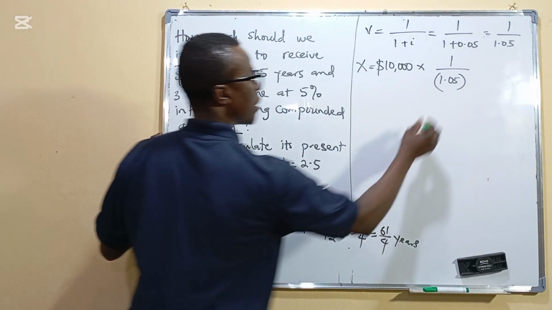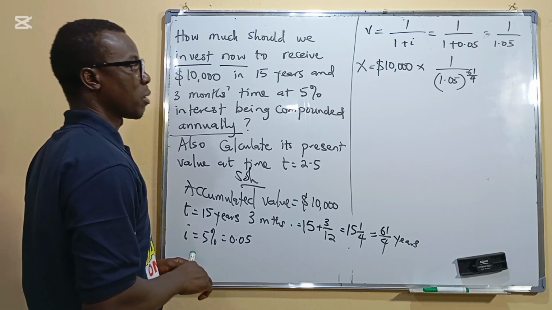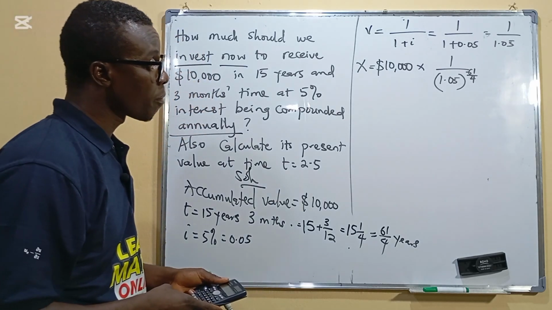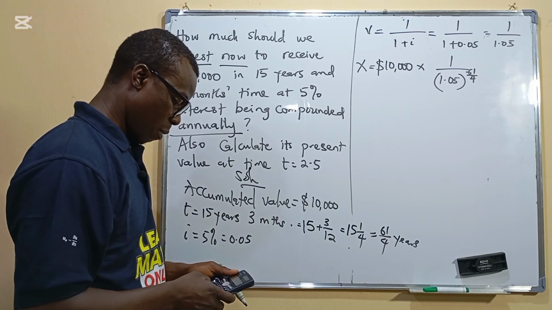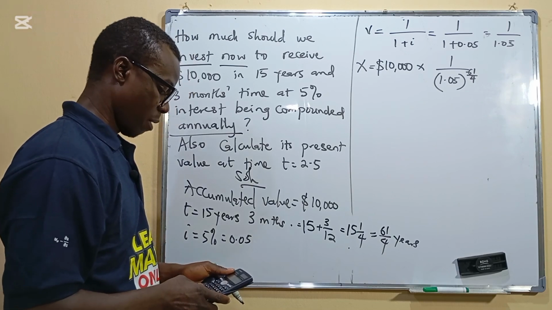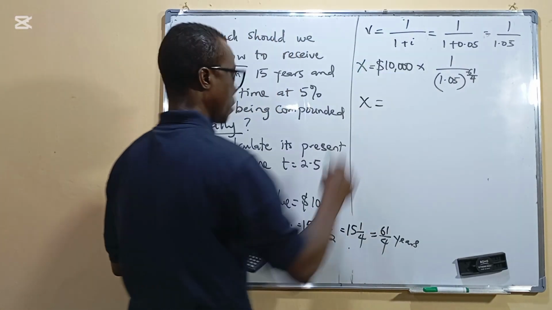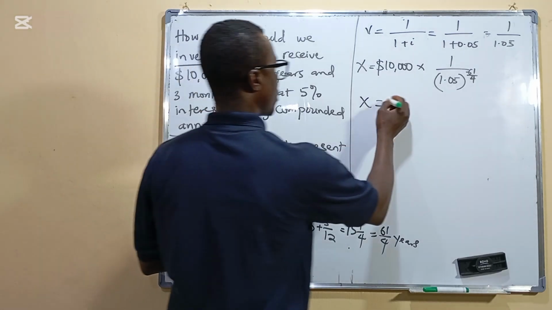Don't forget that, and that will be 61 over 4. That's what I'm going to have. So this is small. A calculator works, so I'm going to have 1.05 raised to the power of 61 divided by 4. And so I have 10,000 divided by the answer. So that will give me